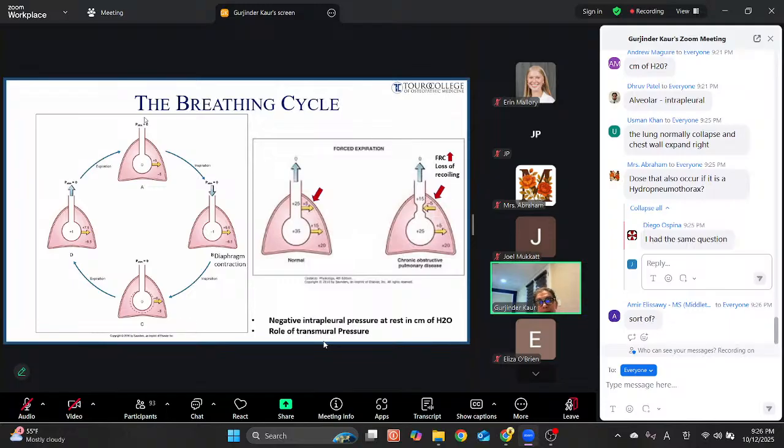So here you can see, as I said, the atmospheric pressure outside is 0 and you have 0 in the lungs, right? And there is intrapleural pressure -5. This is all at the resting stage before you start the inspiration. Now, when the inspiration starts, which is basically your muscles, your diaphragm is contracting, right? It's making the chest cavity bigger. So if chest is expanding out,